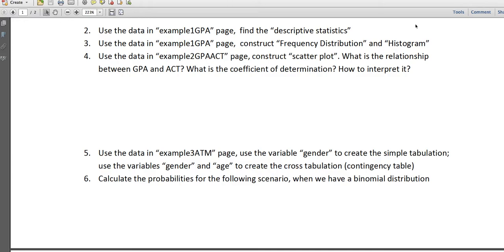So in this video, we want to know how to construct the frequency distribution and the histogram. So in the class, we know the frequency distribution and the histogram are used to describe one quantitative variable. So how can we use Excel to construct those two visual descriptions for the data? First, after you download the data,